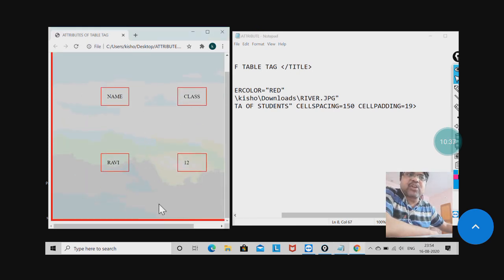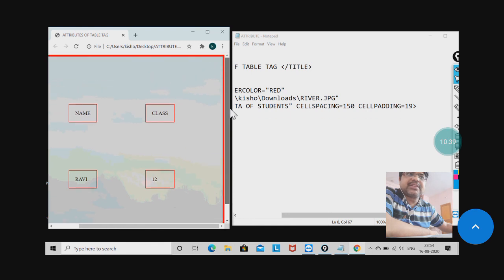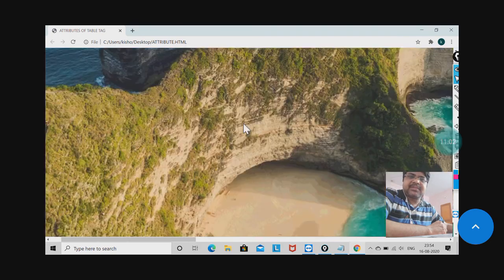Now you can see some part of the image has come. More, then you increase it. Give 950. Here you give 190 so that you can clearly see the picture. Now let me maximize. You see, it is coming. So why was it showing only some part of the image? Because my picture was big but my table was small.